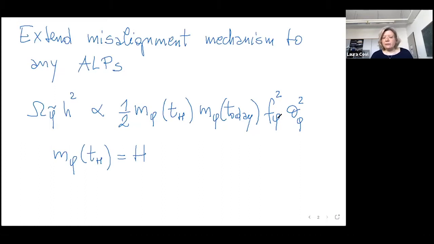And as usual, we have a dependence on f phi, and a dependence on theta. And you see that in some sense, if you assume that these two are actually constant, so that you have a dependence on m squared f squared, which means that you always have a band in the plane of mass versus f_a, which gives you the correct omega h squared. So in some sense, for constant mass, we obtain a relation for setting the right omega h squared, a kind of band